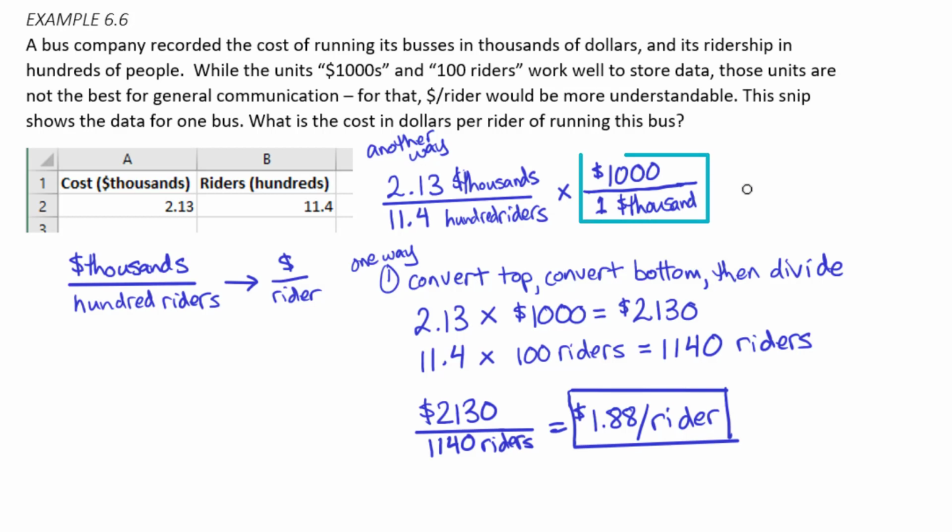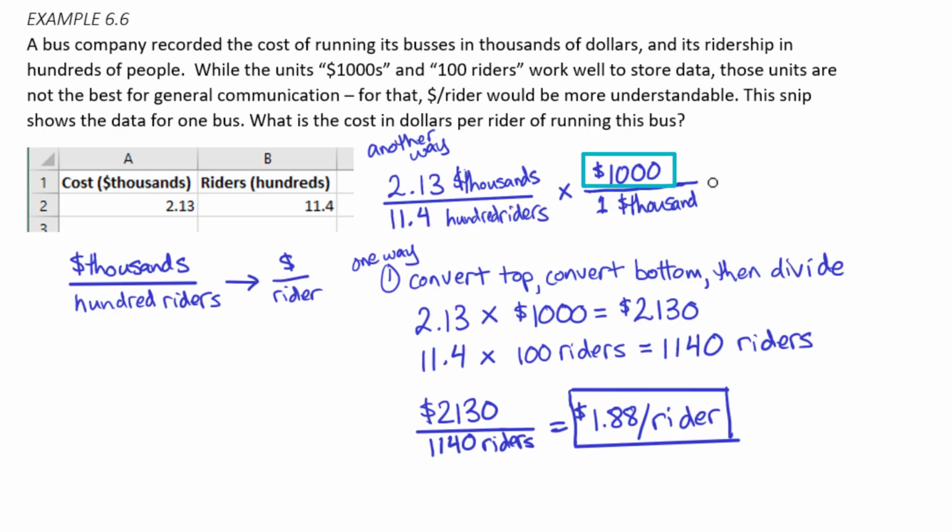In this next fraction, I'm setting up something that equals 1 when you consider the units. If you have 1 unit of $1,000, that equals 1,000 individual dollars. So this part of the calculation actually equals 1. And that's why we can do this, because you can keep multiplying things by 1 as many times as you want and you get the same answer back. In this case, we're going to multiply by things that make sense as 1 in units, and we're going to get the answer in the right units back.